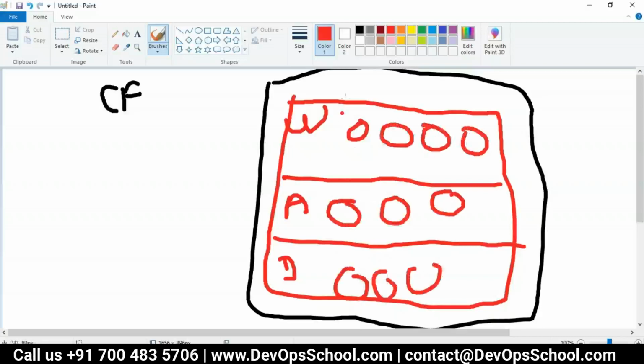Now you have two ways of deciding what to do inside the machines. So you have two ways. One way is